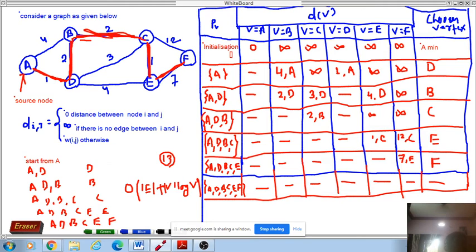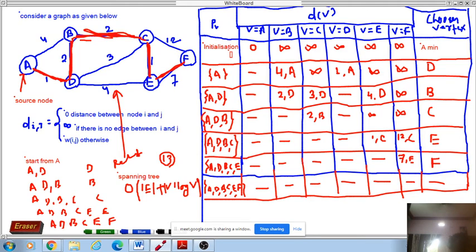So it is noted that these shortest paths are from the source only, as I have shown. It can be observed that the shortest path tree is a spanning tree. Yes or no? Because we have already discussed spanning trees. The result is a spanning tree that is connected with all other vertices of the graph.